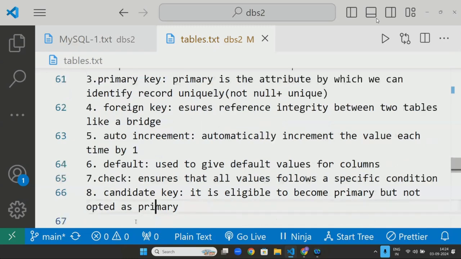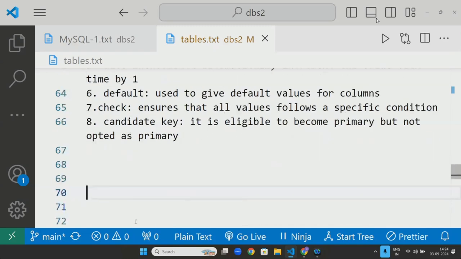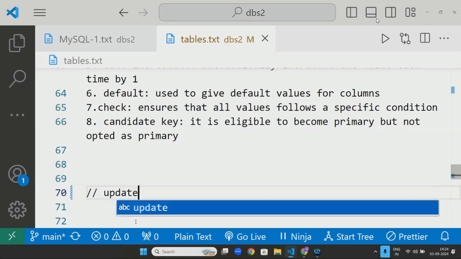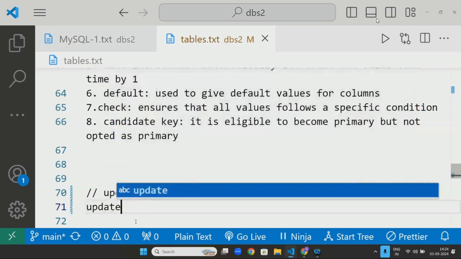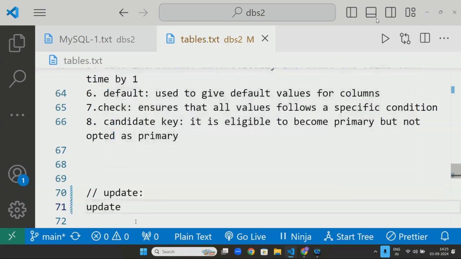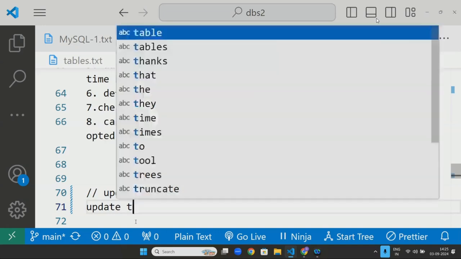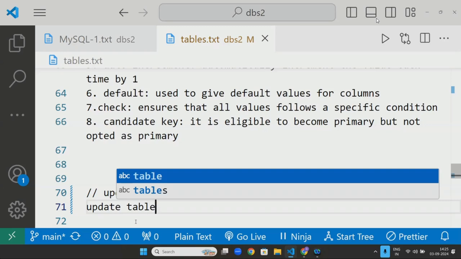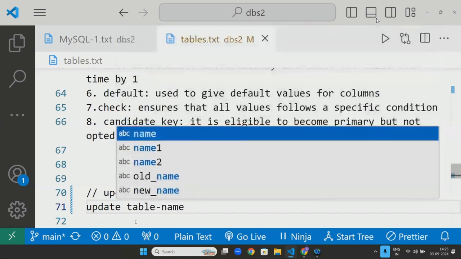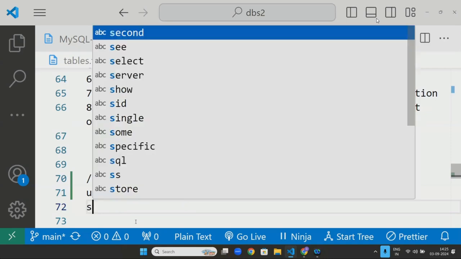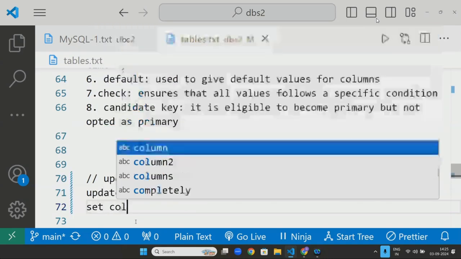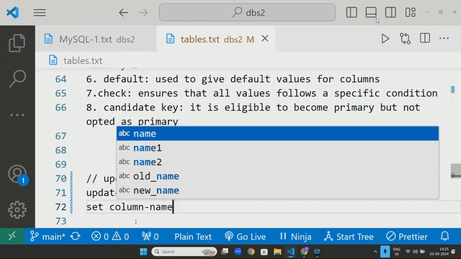Okay. Now, these are the things we discussed yesterday. After this, we discussed a few more things like update. How do you update the things? You will write update, table name, set, column name equals to some